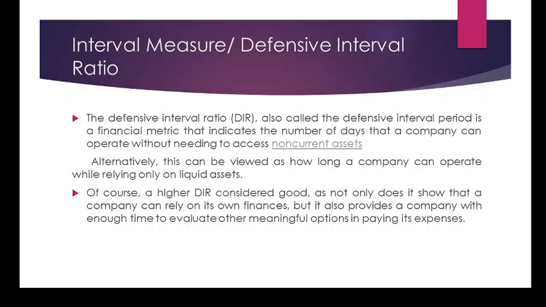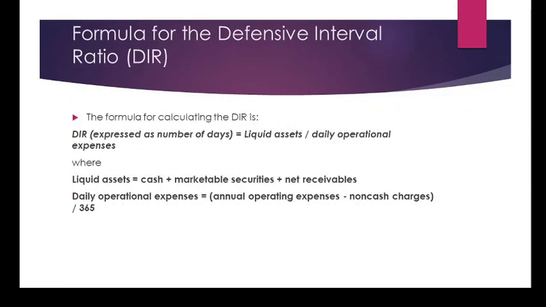Of course, a higher defensive interval ratio is considered good, as not only does it show that the company can rely on its own resources, but it also provides the company with enough time to evaluate other meaningful options in paying its expenses. So the formula for calculating defensive interval ratio is liquid assets upon daily operating expenses,